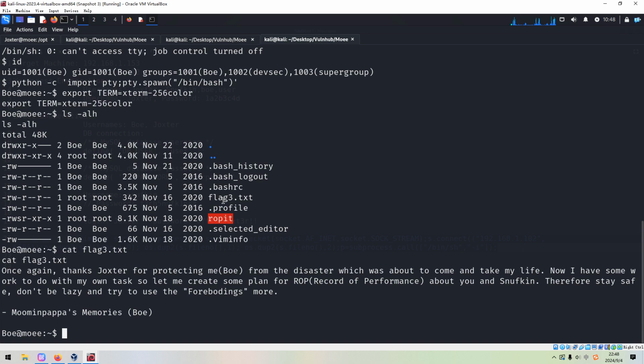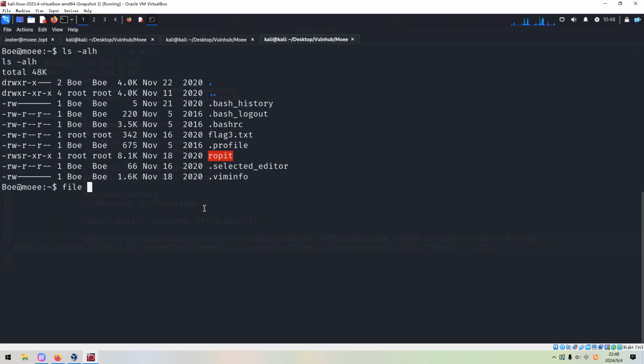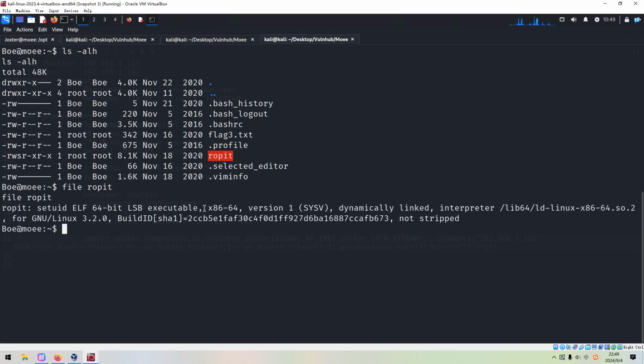Just beside the flag, so the flag that is binary, I think we can use the file command to display the file type. Actually, this is an executable and 64-bit.